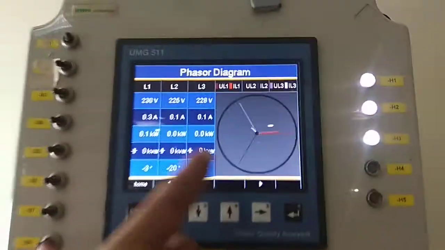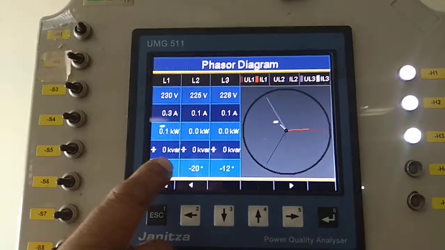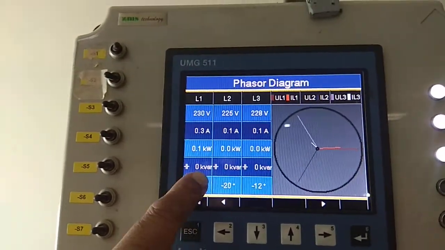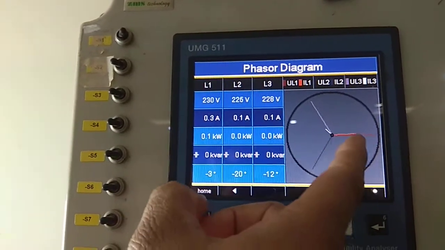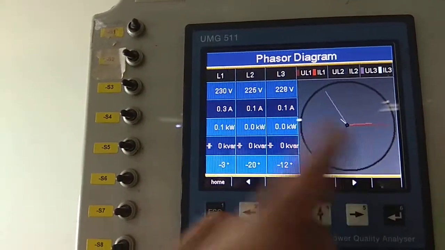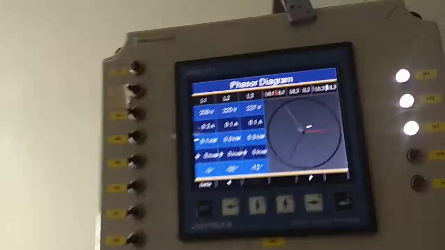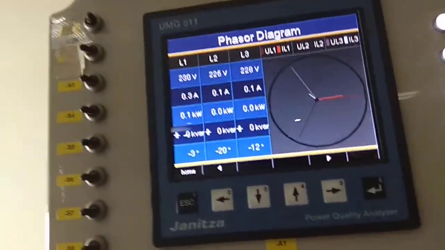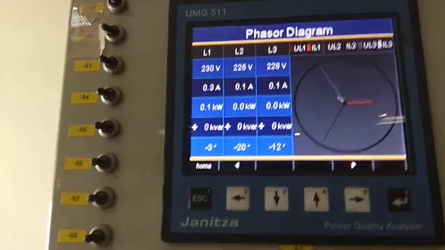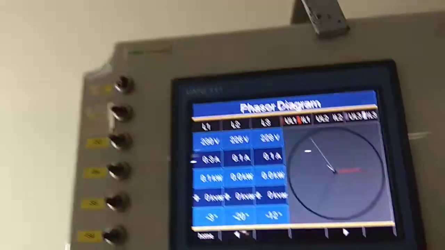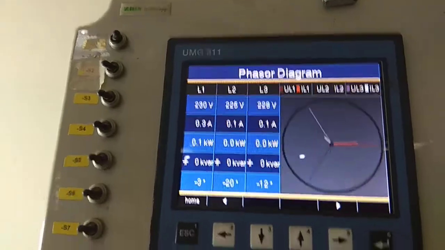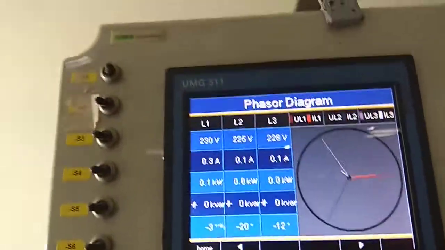Here where we are comparing, it is showing a capacitor symbol, the nature of load is capacitive, but it shows all three as capacitive because the current is leading with respect to the net load. He wants to show that net load which is there in the system, that's why it is showing capacitive. Otherwise the nature of the load in incandescent is purely resistive, but the other two have more capacitive effect as compared, that's why it is showing that.